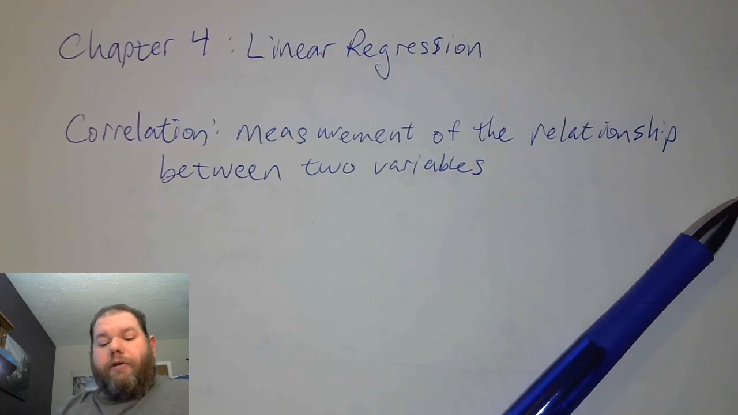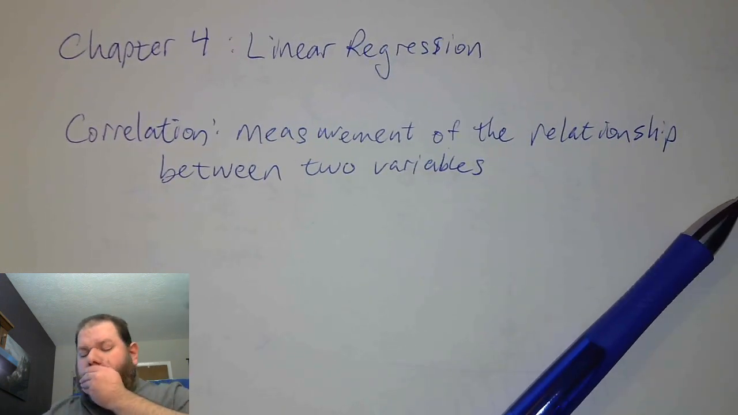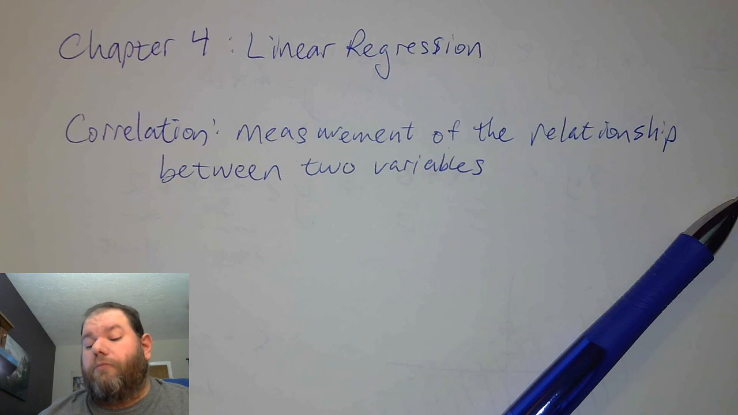It seemed to have gone off the screen. There we go. So when I talk about how two variables are related to each other, what we're really looking at is how much influence does one variable have on another. If there's a positive correlation or direct correlation,